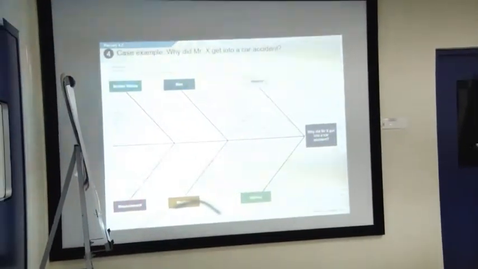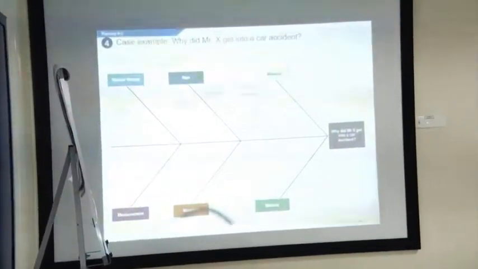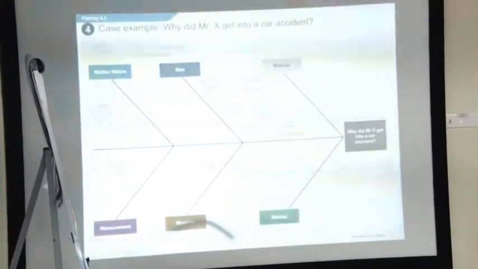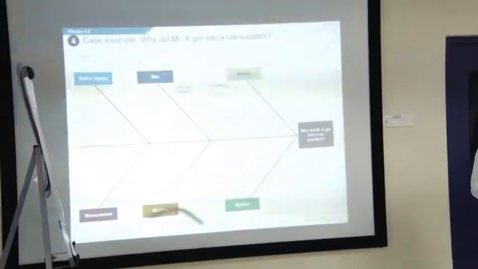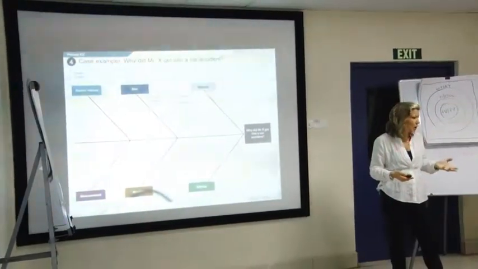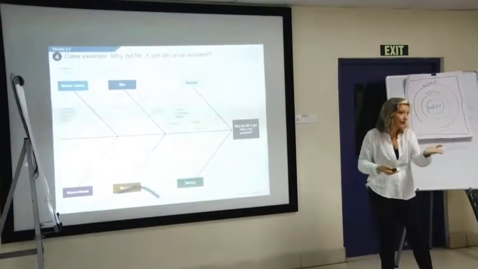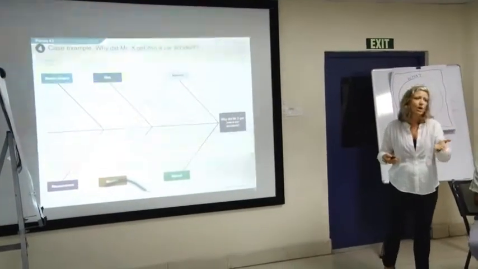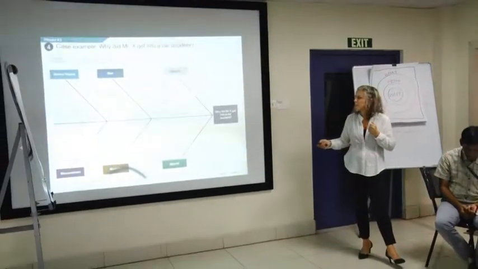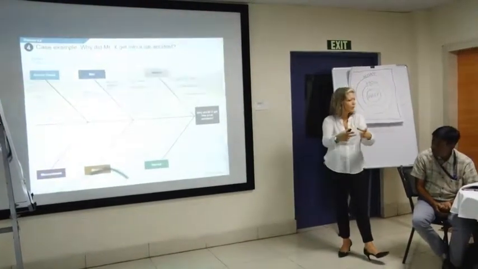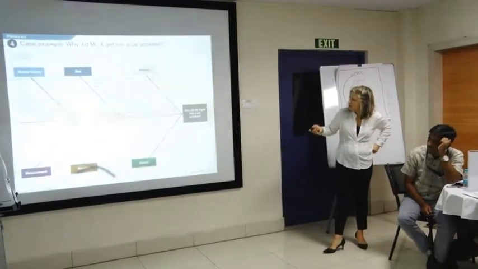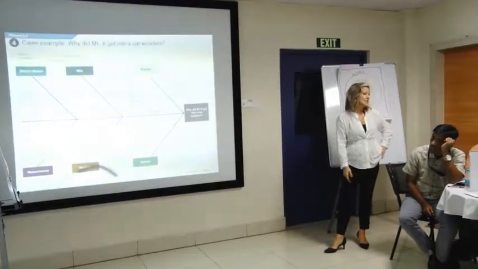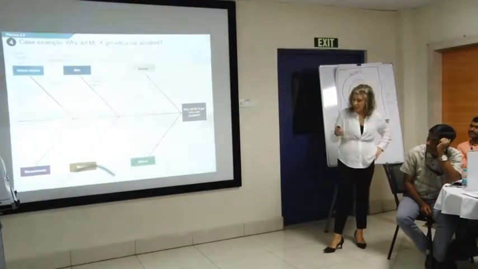Okay, what might be the material here? When we talk about material, think of the road material. There could be the road surface, the asphalt, there might be storms, there might be not good material, a hole in the road, and that hit him. Oil spill, maybe the lights in the street weren't working, nobody could see.